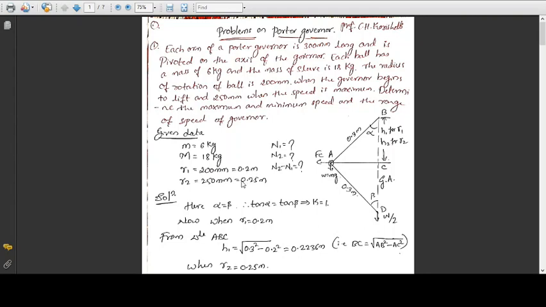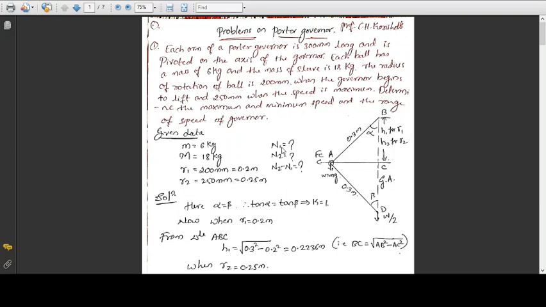It is better always to have all the given data in one unit. For example, here he has given r, the radius of rotation, in mm, so I am converting it to meters, because in the formulae I have the term g, the acceleration due to gravity. Usually we have the common practice to substitute that value as 9.81, which means the unit is meter per second square. So to avoid that, while listing the given data always convert it into standard SI units.